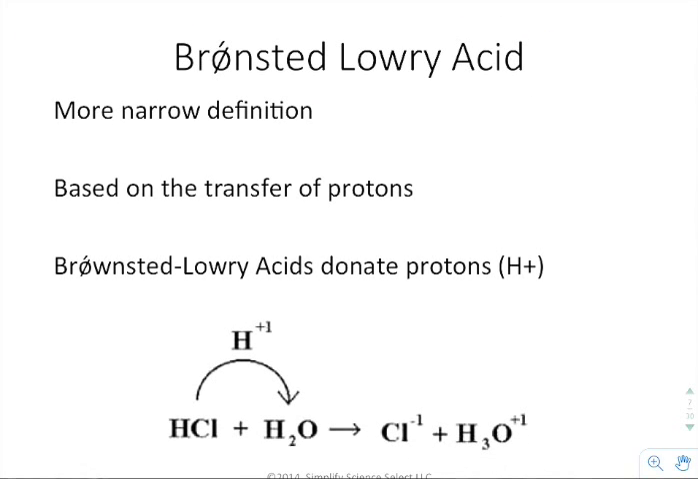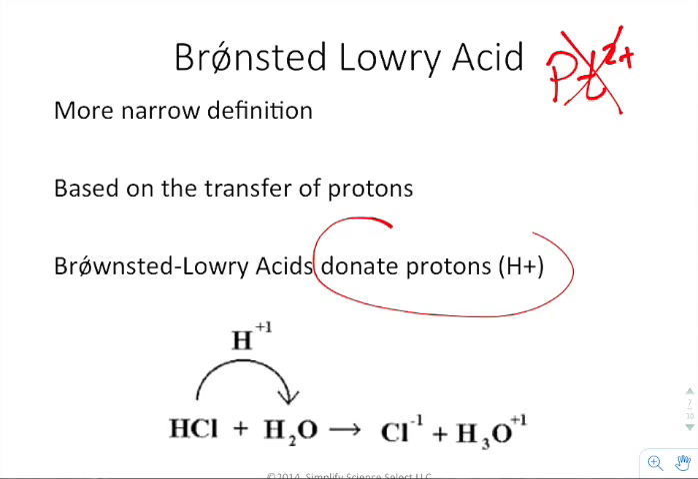Next we have the Bronsted-Lowry definition. Now this is a more narrow definition of an acid. Platinum, the example that we used before, would not meet the definition of a Bronsted-Lowry acid because it's based on the transfer of protons. Whenever we talk about a Bronsted-Lowry acid, we're talking about something that has to give a proton away. It has to donate a proton to something else. Since platinum doesn't have any protons, it has no protons to give away and therefore would not meet the definition